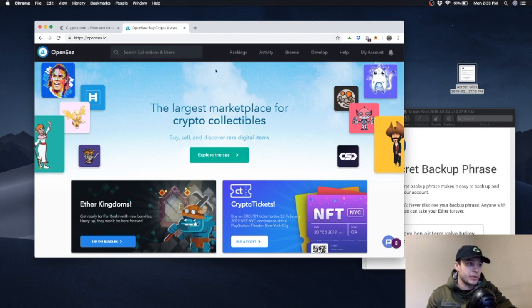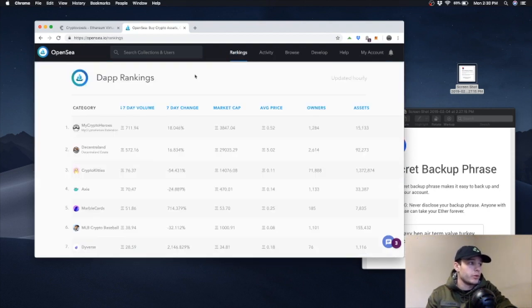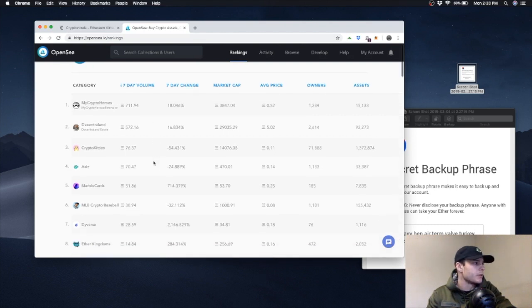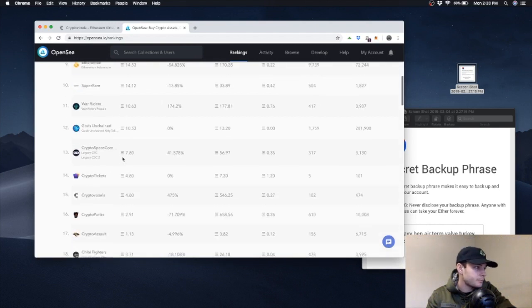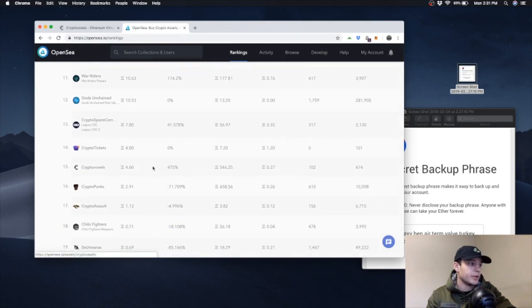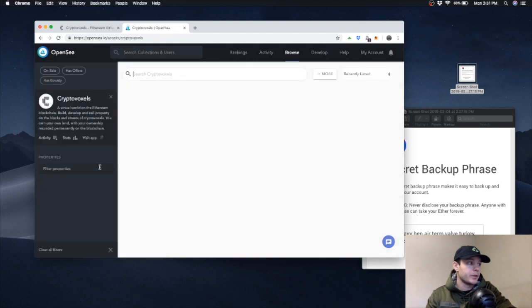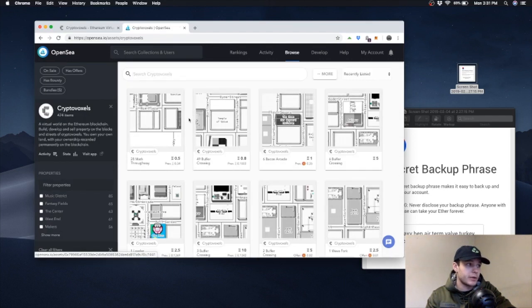So this is what OpenSea looks like. It's basically a digital marketplace for digital assets. If you go to rankings, it'll show you all of them by different classifications. I think this one's by 7-day volume. So there's My Crypto Heroes, Decentraland, CryptoKitties. A lot of these are going to be familiar to you. Ethereum. There's Cryptovoxels. If you click on it, it'll take you to the marketplace for Cryptovoxels, where you'll be able